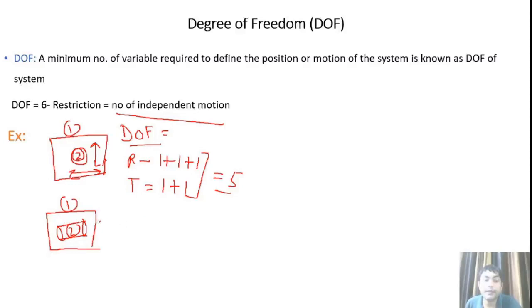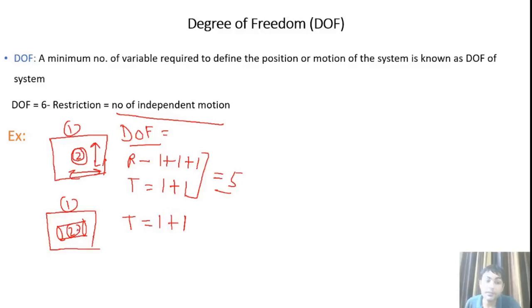It can translate along x-axis, talking about translatory motions, it can translate along y-axis, no problem. It can translate along z-axis, there is a problem,